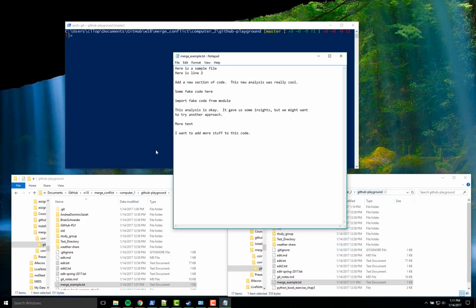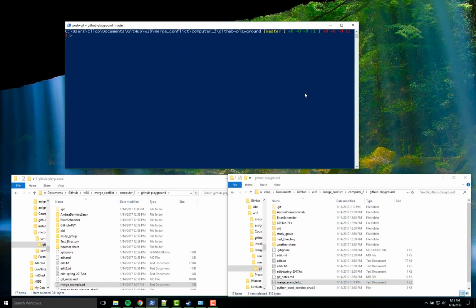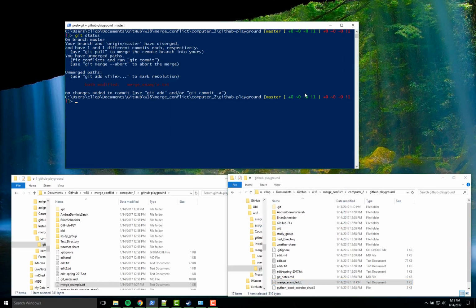We'll save that. This is the solution to the merge conflict. Note, we got rid of the head, the tail, and the equals. That's how Git is going to know we've solved this. We'll close out, and we can return to our normal workflow. We'll git add, git commit, resolved merge conflict